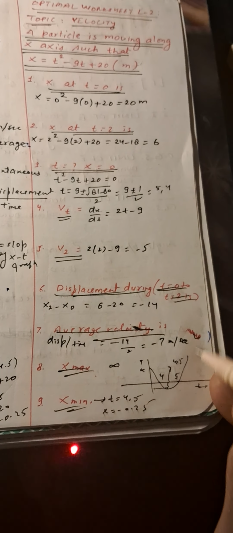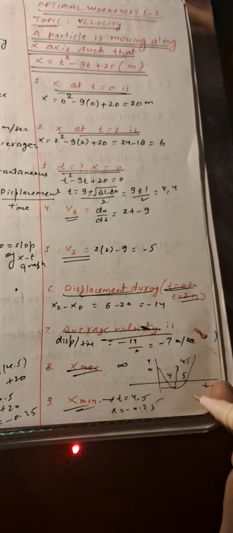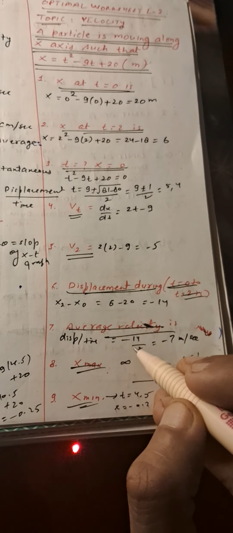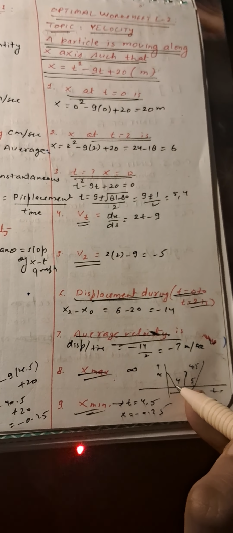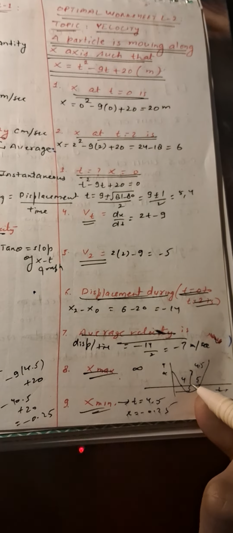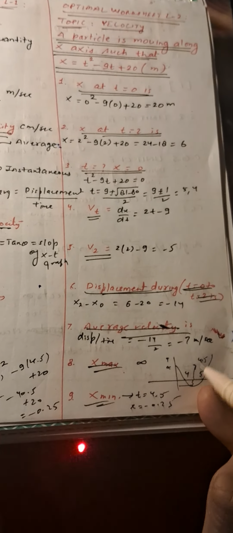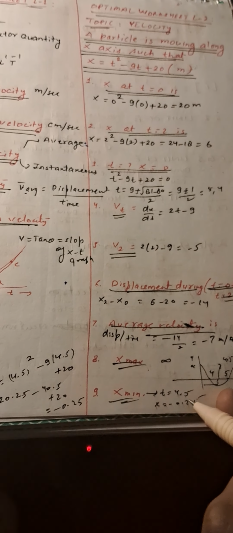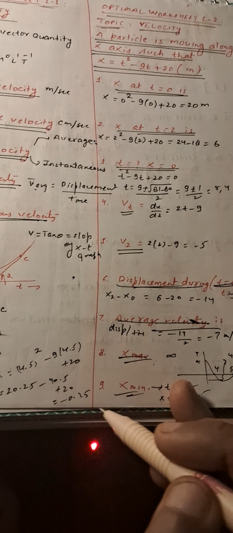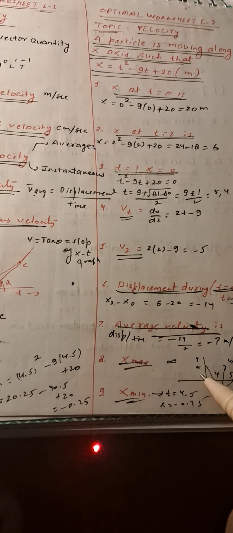Next is x max. So if we analyze the graph of x versus t, it will be a parabola, and we can see that it will tend to infinity for t tending to infinity. Then is x minimum. So we know that the quadratic equation has got a minima at the midpoint. So 5 and 4 has the midpoint as t is equal to 4.5. And when we substitute t is equal to 4.5 in the equation, we get minus 0.25,